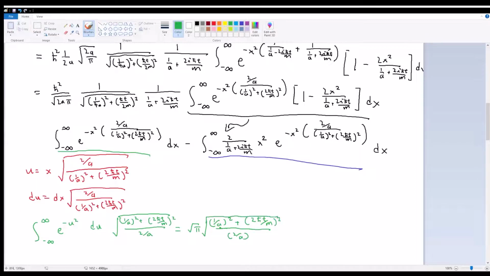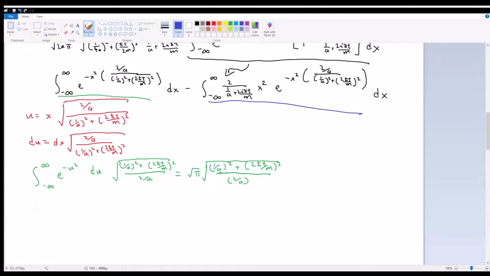Now let's do the blue one, which is more painful. So let's see. What we have is 2 over 1 over a plus 2i h bar t over m times the integral from negative infinity to infinity of x squared e to the negative x squared times 2 over a times 1 over a squared plus 2h bar t over m squared